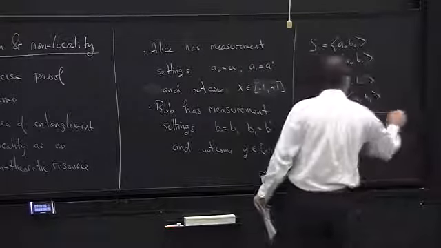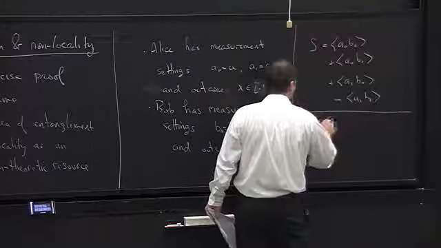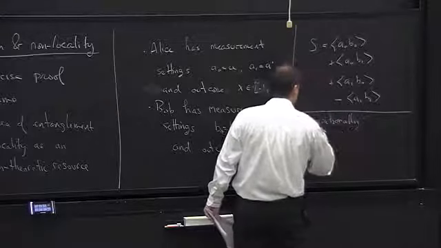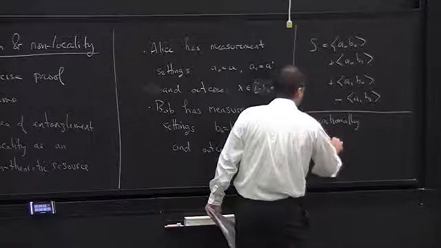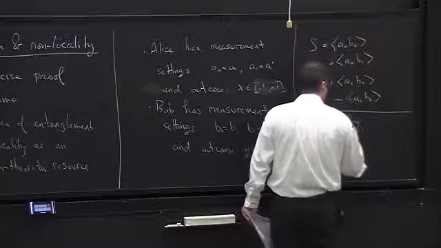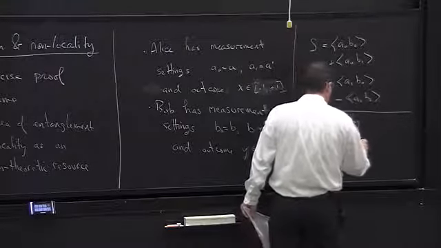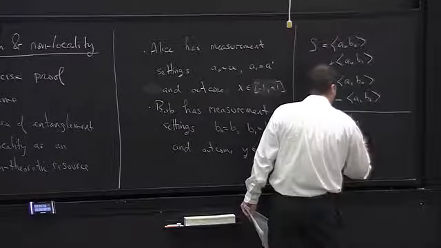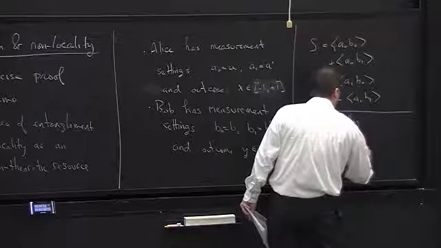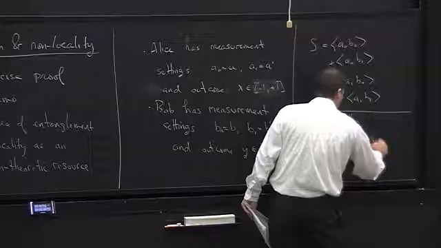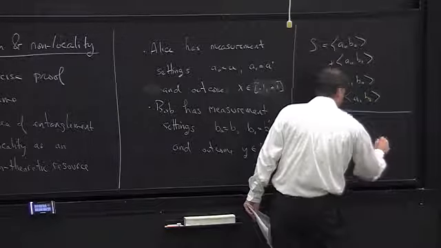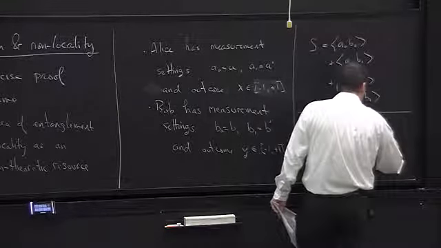Operationally, the meaning of this object, AiBj, is equal to the limit as n goes to infinity of 1 over n, sum over l equals 1 to n of